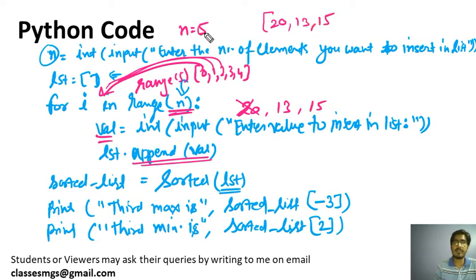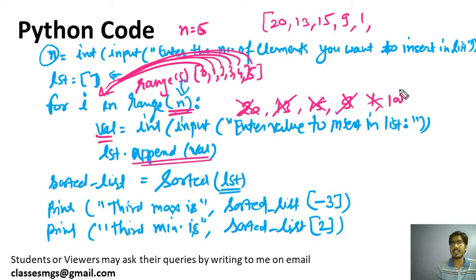Let's try to run it for 6 times. So this example will give you ample understanding. Third time you entered 15 and it is inserted here. Fourth time the loop will execute, and let's suppose the user has entered 9, then this 9 will be inserted using this method. Now the loop will execute the fifth time. Let's suppose this time the user has entered 1, and then 1 will be inserted. Now this loop will execute one more time, and the user has entered 100, so 100 will be inserted in this list. Now this loop will terminate because 6 values have been entered.